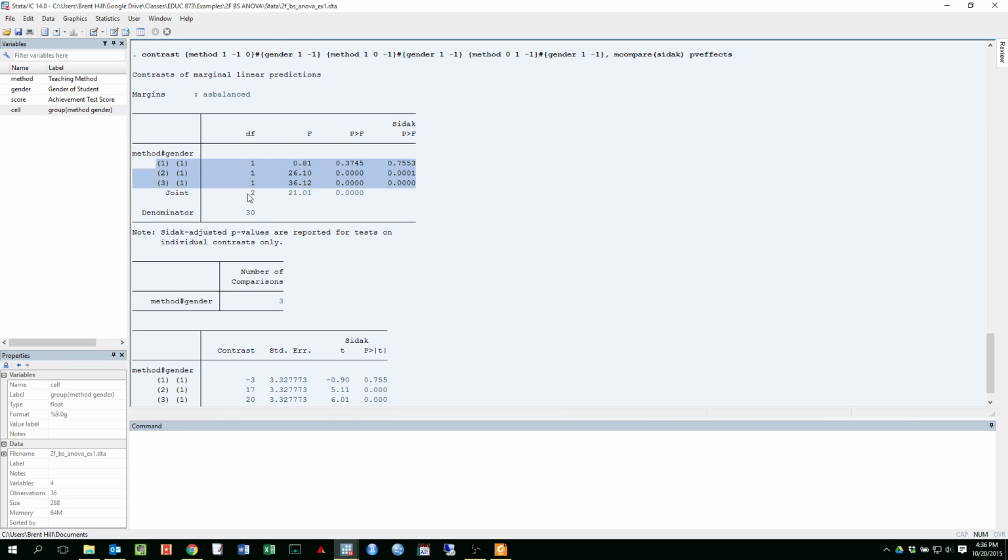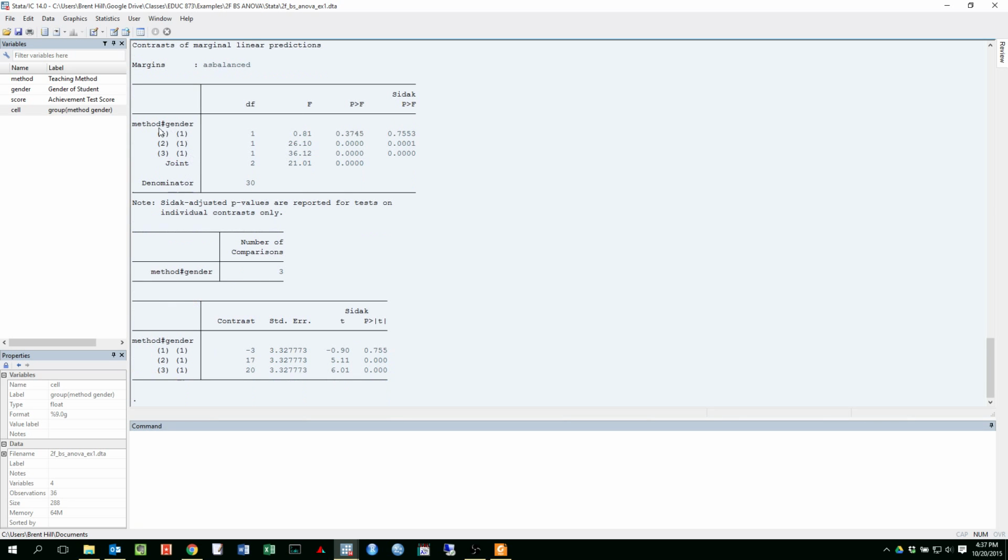And it does this a couple ways. This part is kind of the standard output, and it gives you an f-test for each one of those tetrad contrasts. And that's fine, a lot of programs use an f-test here. And then there's your p-values. So not significant, significant, significant. And those were the f-test values for those 3. Now,